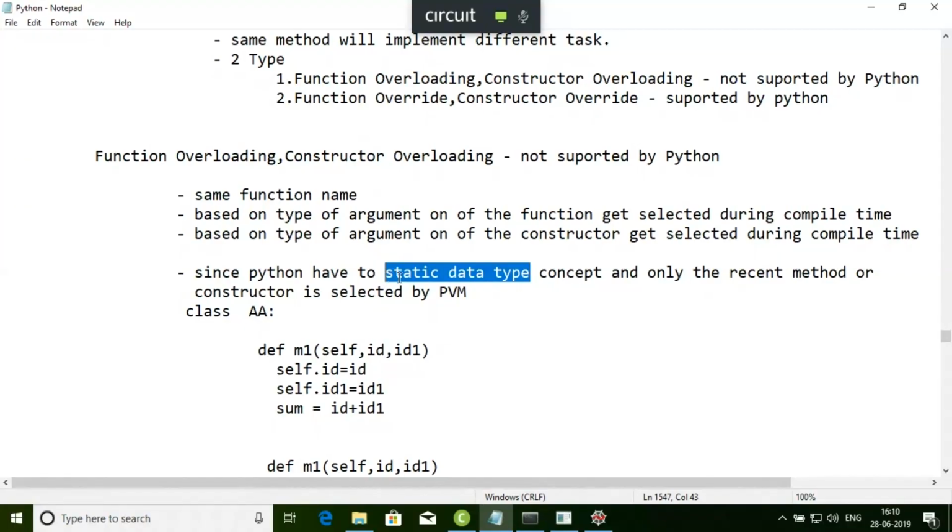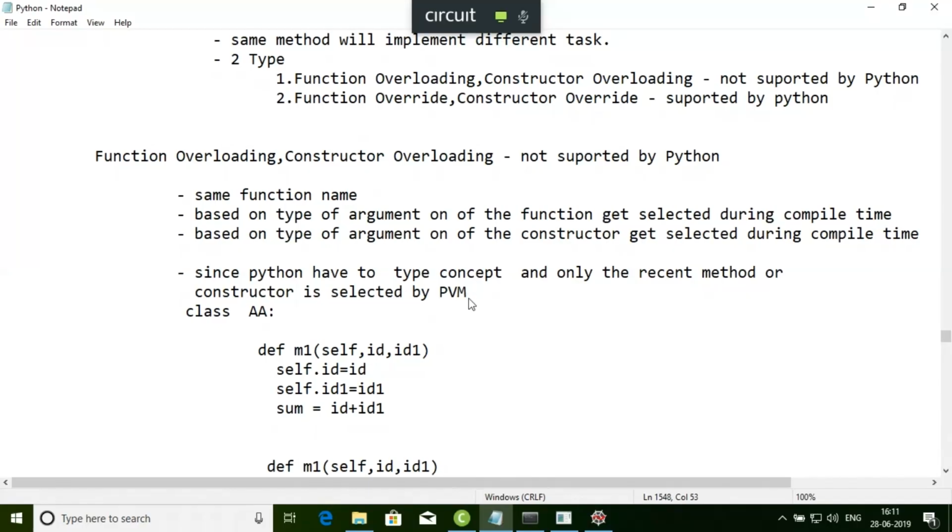So since Python is a dynamically typed language, we don't have the type concept, right? And only the recent method or constructor is selected by PVM when we have